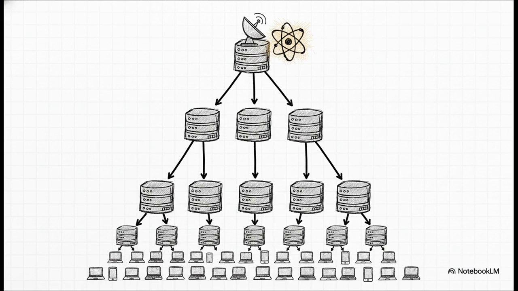At the very top, stratum 0, you've got these hyper-accurate things like atomic clocks or GPS satellites. Then you have stratum 1 servers that talk directly to them. Your computer is probably way down the chain, talking to a server that talks to a server that talks to a server, all the way up to get a good enough idea of what the real time is.